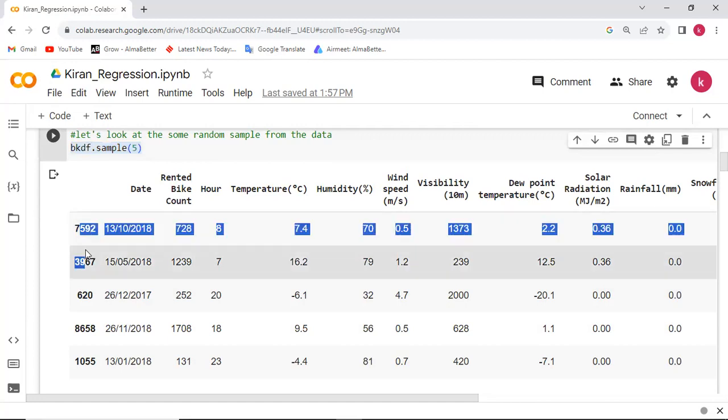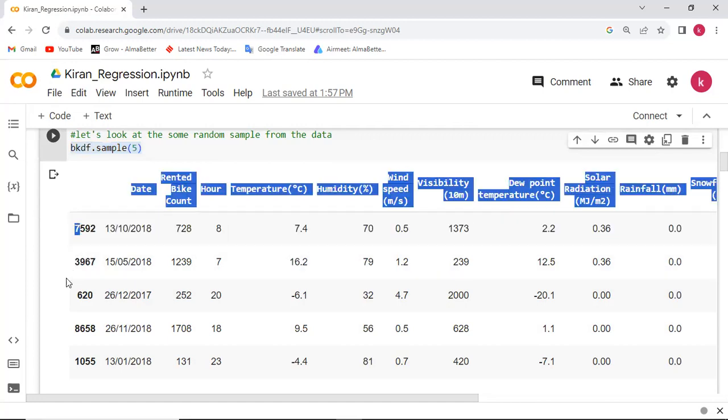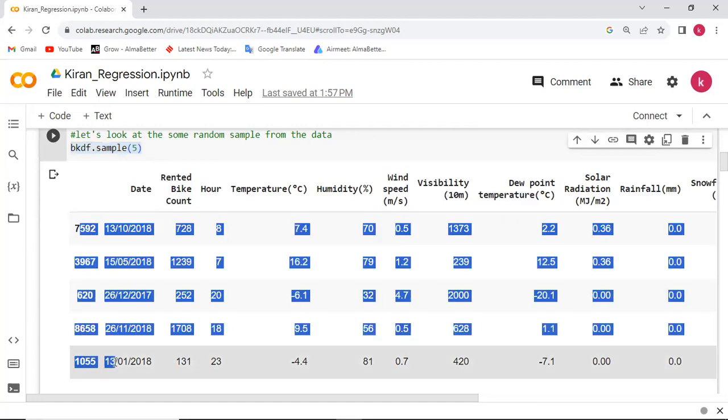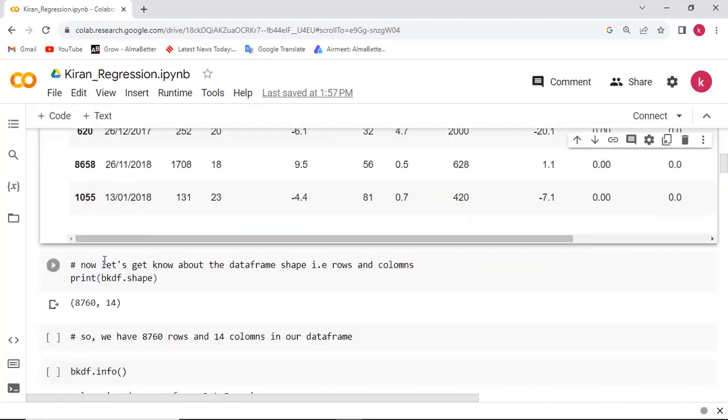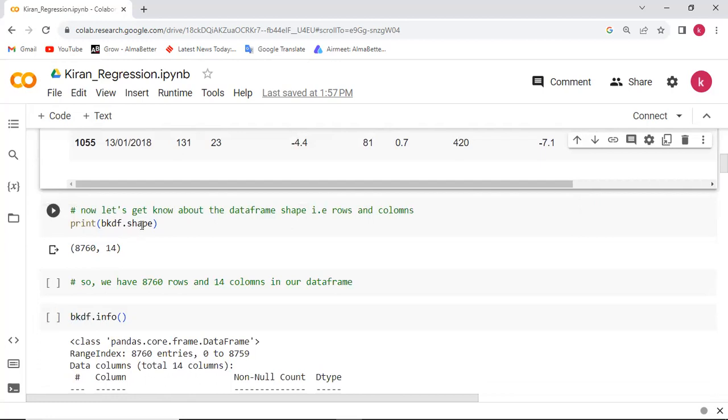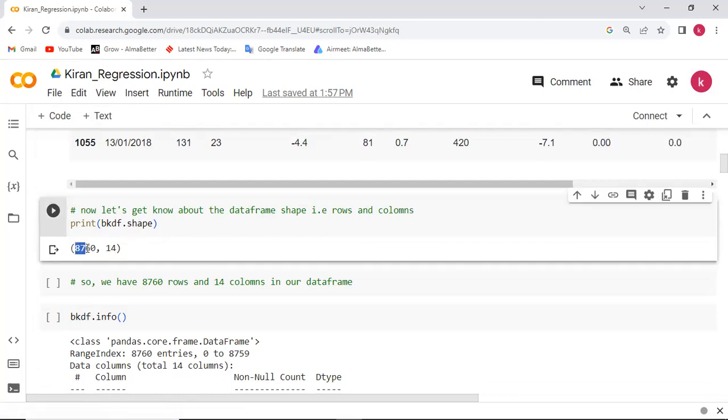The first column is nothing but the row number of the data frame. Then about the shape of the data frame, from that we came to know that we have a data frame having 8760 rows and 14 columns.